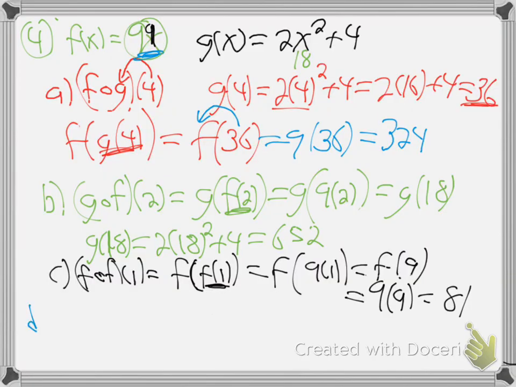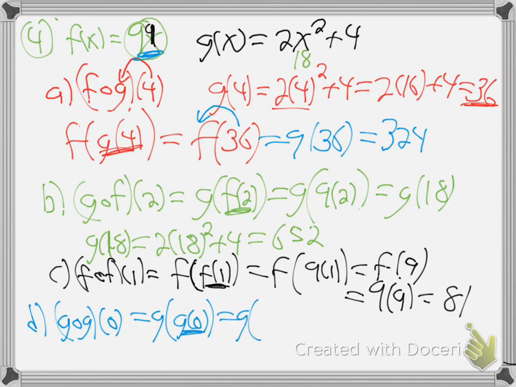So g of g of 0. So again, that means a g on the outside and a g of 0 on the inside. So the g of 0 on the inside means plug 0 into the g function. If you work that inside, if you find the number on the inside, what is that? That's 2 times 0, 0 plus 4 is 4. g of 4. Now so we did the inner g on 0 right here, got 4. Now do the outer g, plugging 4 in again